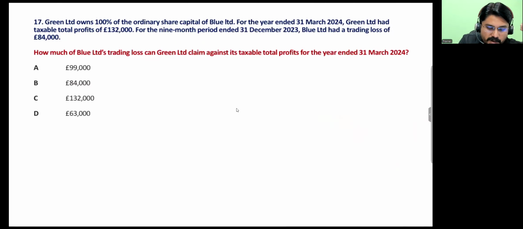Here we have: how much of Blue Limited's trading loss can Green Limited claim against its taxable total profits for the year ended 31st March 24? Basically, this question is from the group loss group, and group loss group companies are those companies